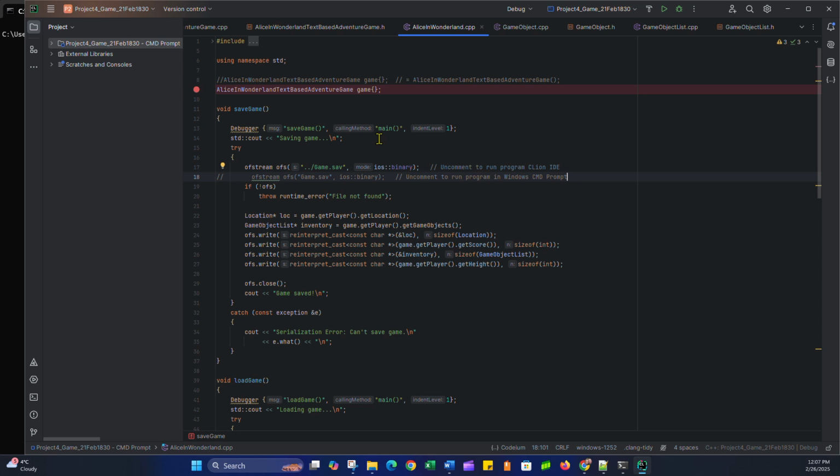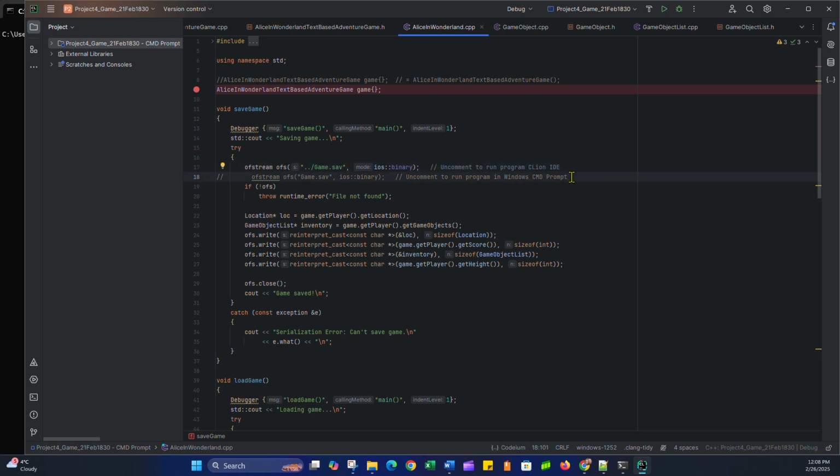I realized that I've been sending code that would only work in CLion's IDE, and if you don't have that, it wouldn't work in command prompt. Now, I'm sure that you were aware and obviously knew how to change this, but I figured I'd do the video anyway. So obviously the line that I have uncommented right now, which this little comment says is to run the program in CLion IDE, has the file name prefixed with the ../